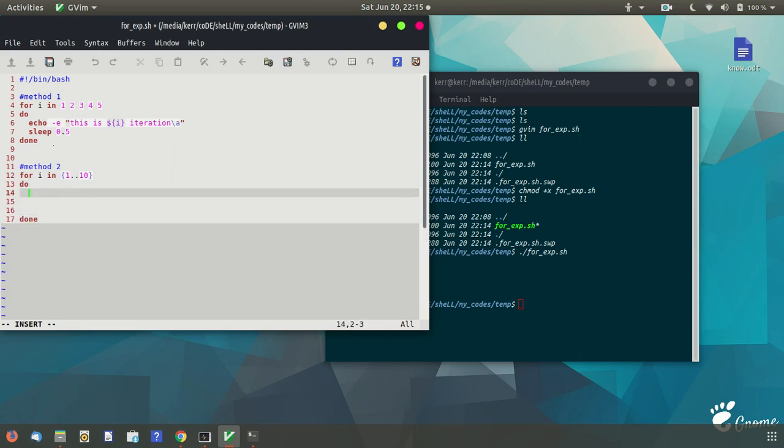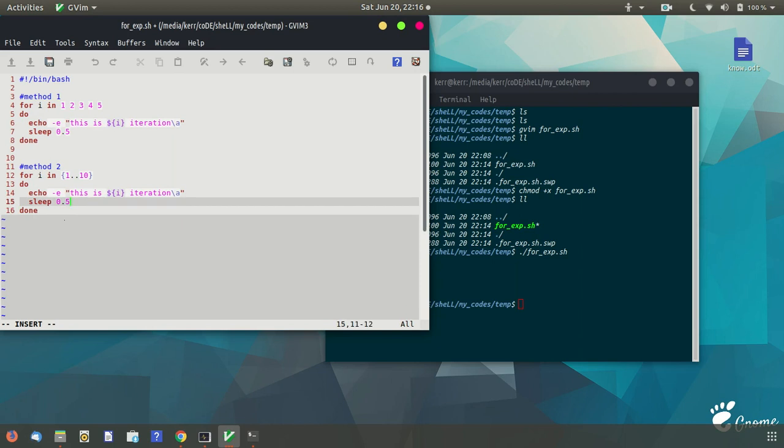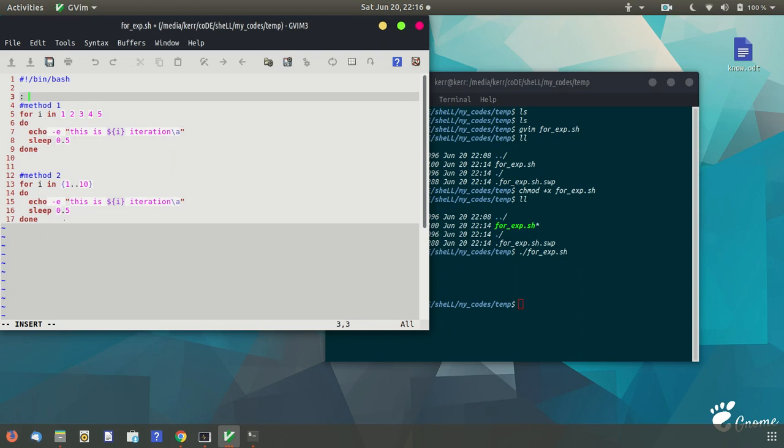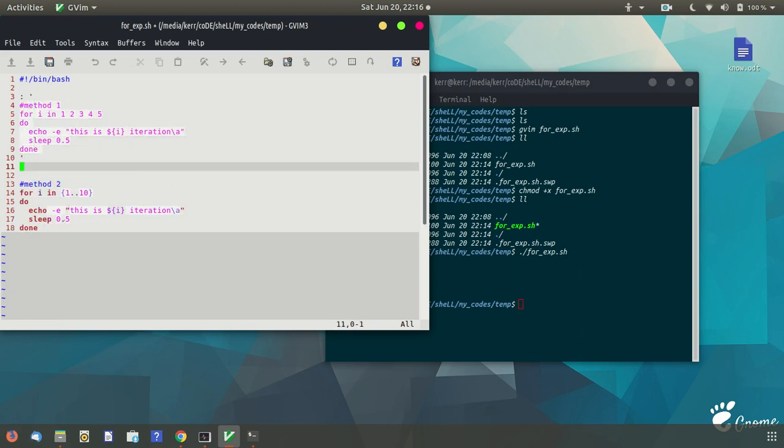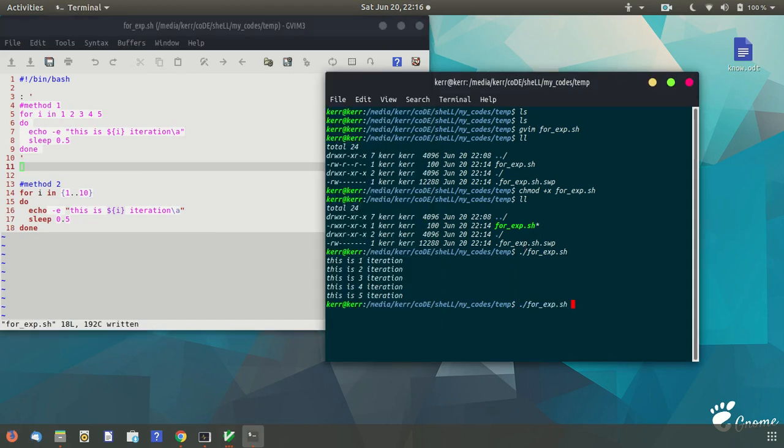We just copy the same thing, because we want to implement the same behavior. Let's run only method 2 and skip method 1, so I'm just commenting out the first method. Let's run this code.